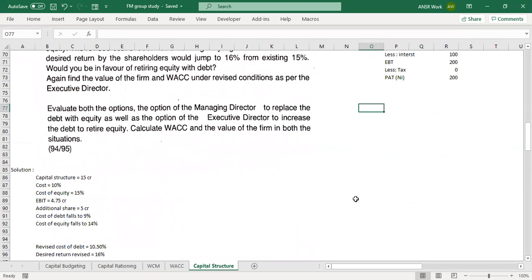Had we had tax there, we would have deducted tax, then we would have calculated the net income. Right. Now that we